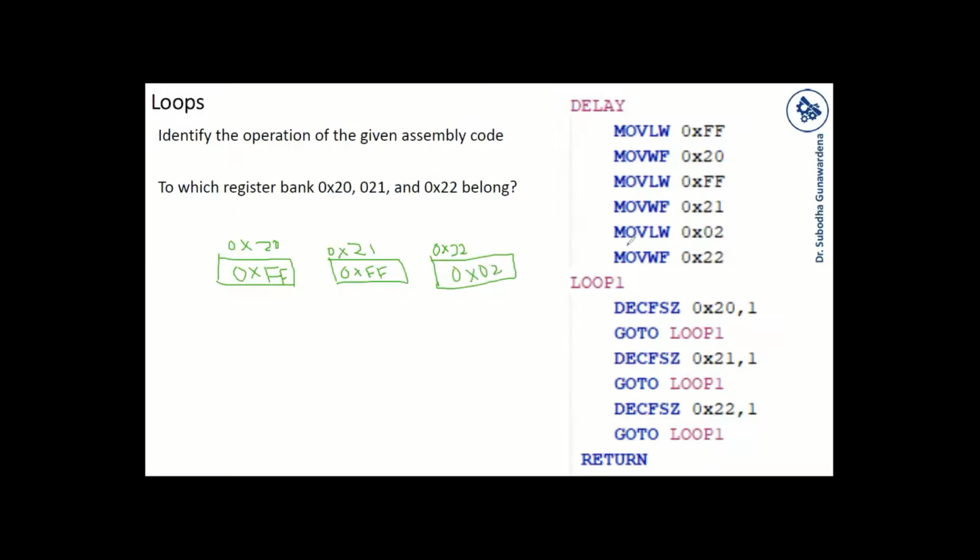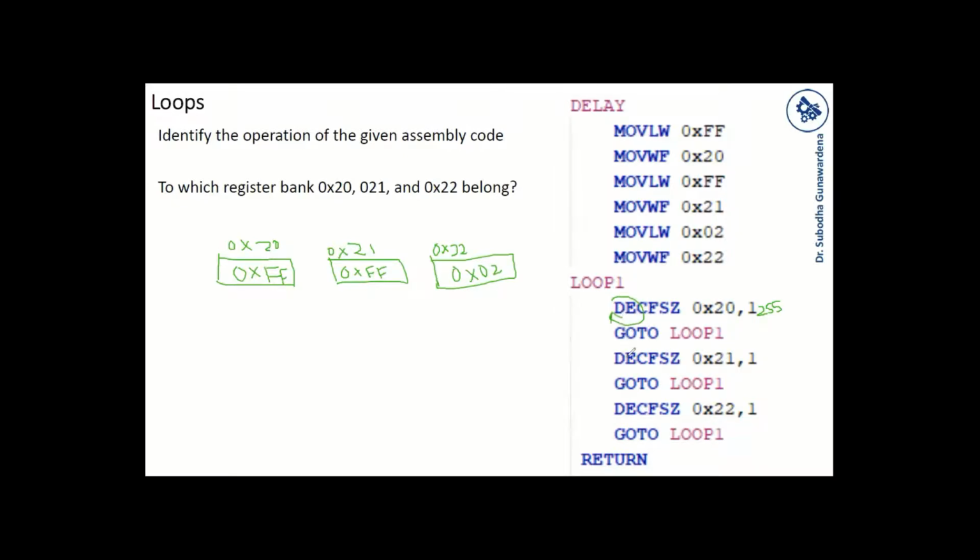Once you do that, it will come to this label loop 1 and come here. So DECFSZ 0x20. As I have discussed before, this will loop 255 times before it exits from here, right? 255 times it will loop here before it goes to this point.